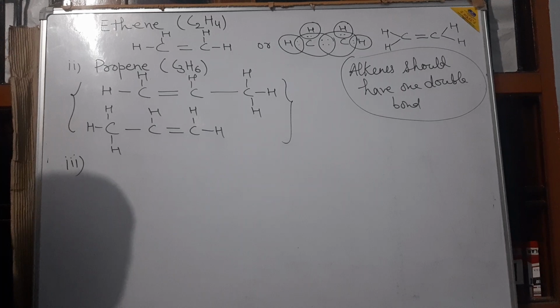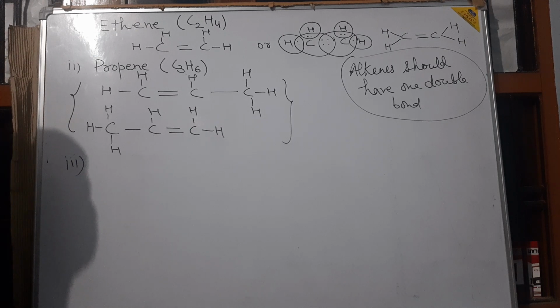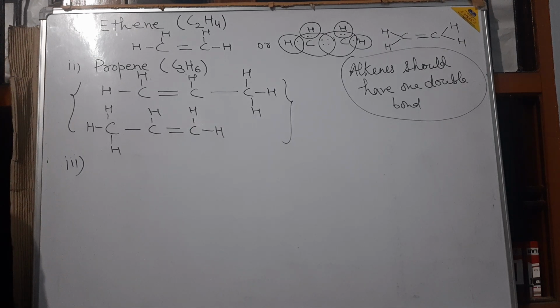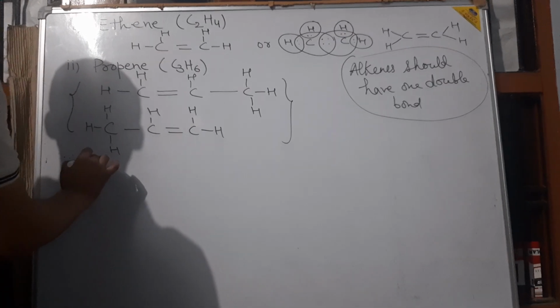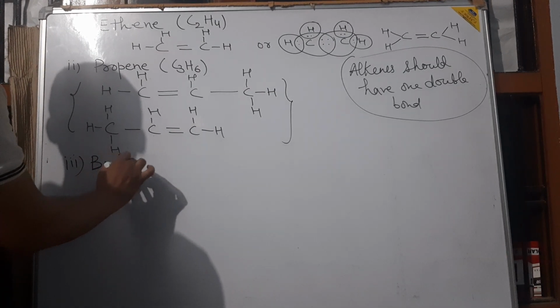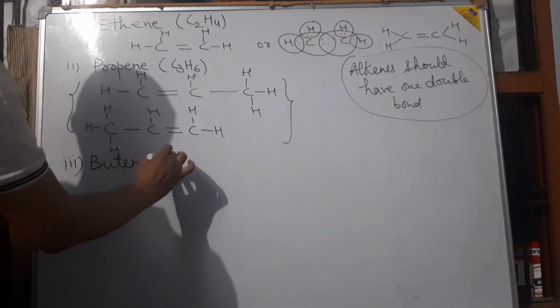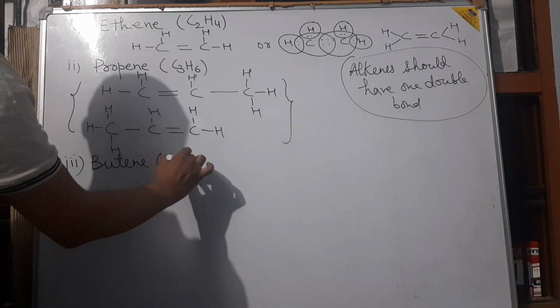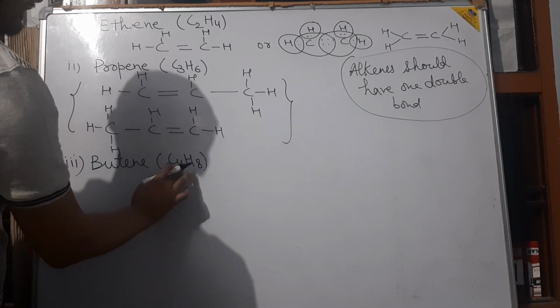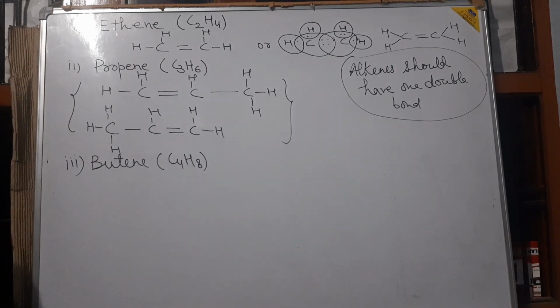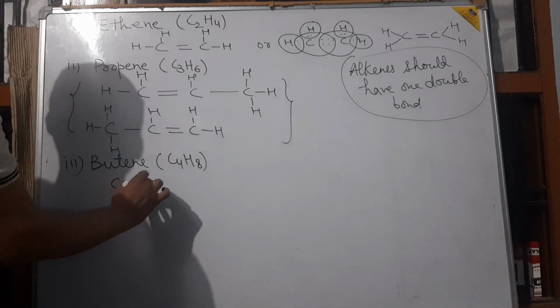The first point should be clear: when you have more than 2 carbon atoms in an alkene, you have to draw only one double bond between any 2 carbon atoms. The third one should be butene. Its formula should be C4H8. C4H8. Similarly, we can have